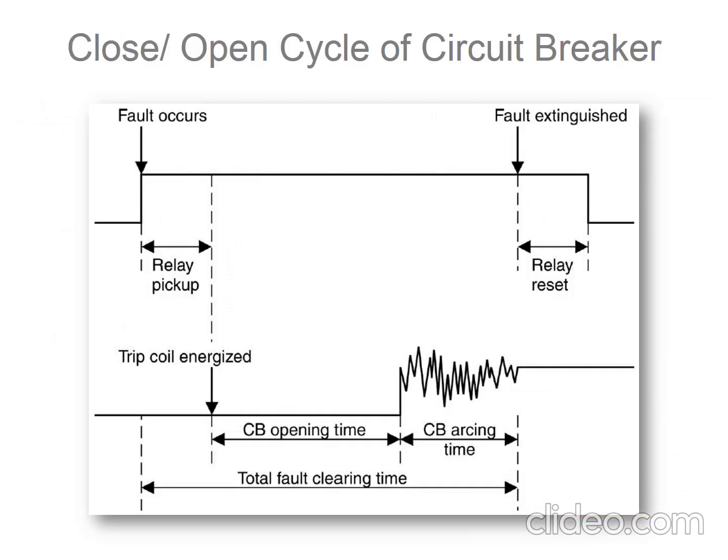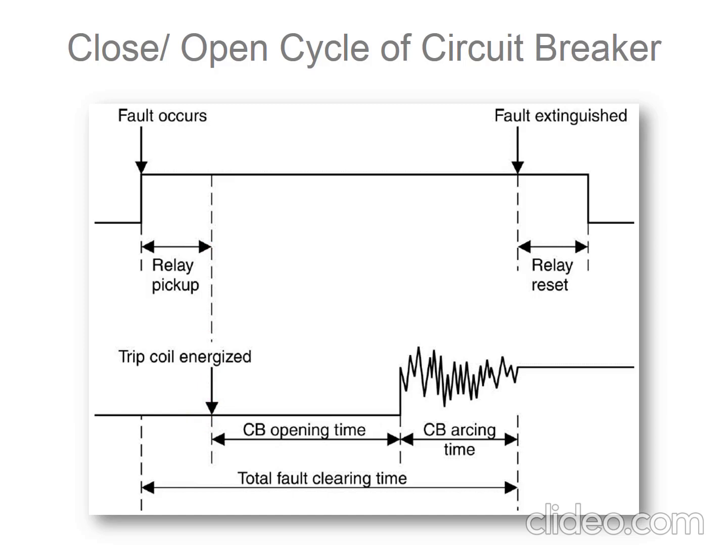This is the close-open cycle of the CB. You can see here, first, when a fault occurs here, the relay will pick up. At this time, the relay picks up the fault condition, and then the trip coil is energized. The trip coil of the circuit breaker will energize, and the circuit breaker will